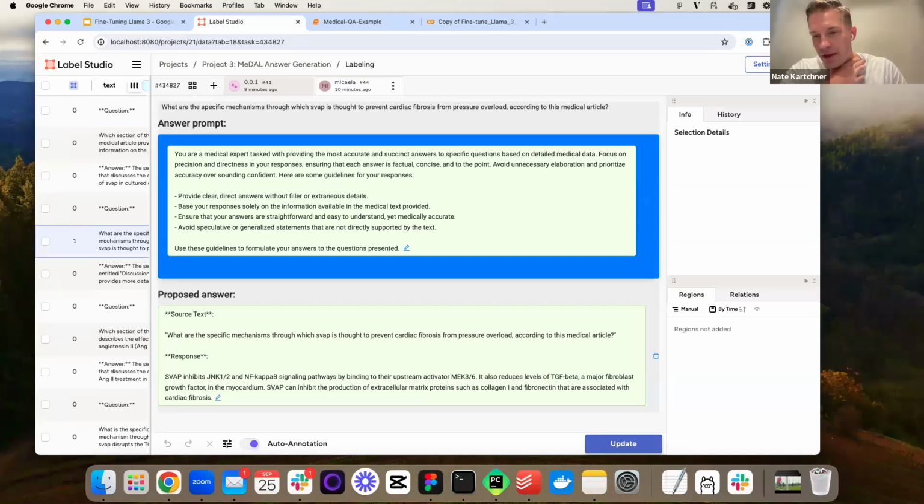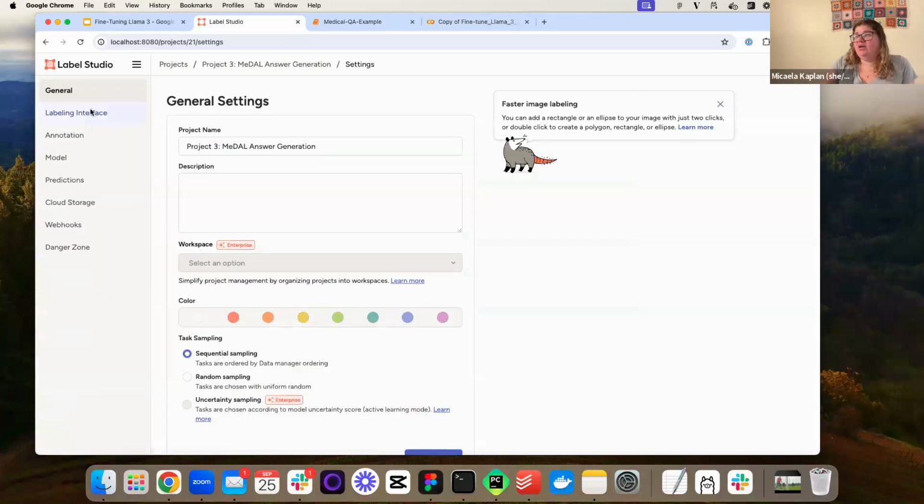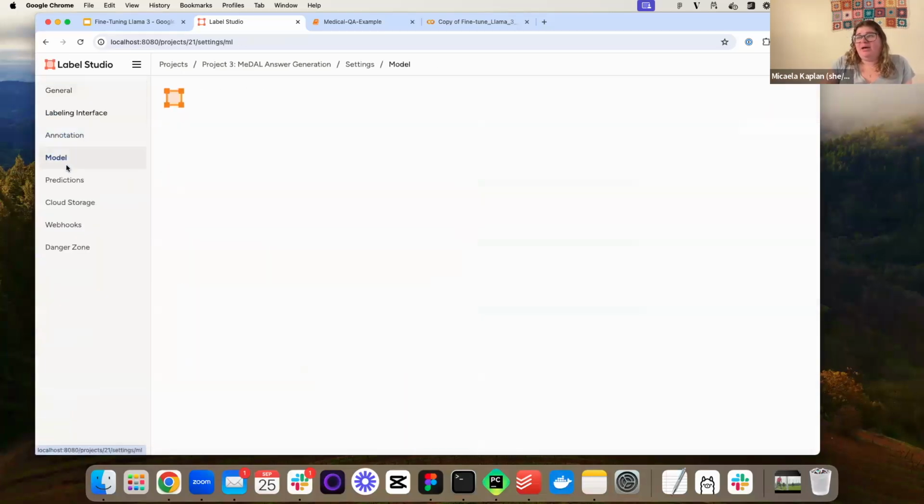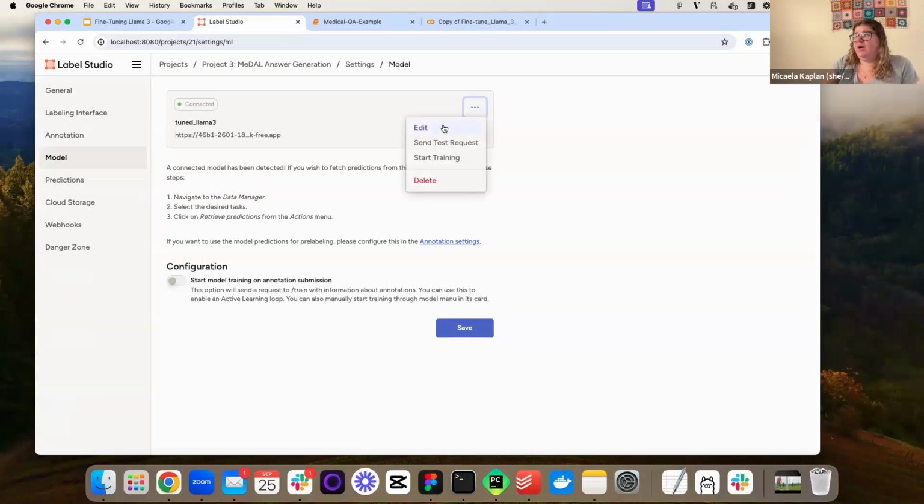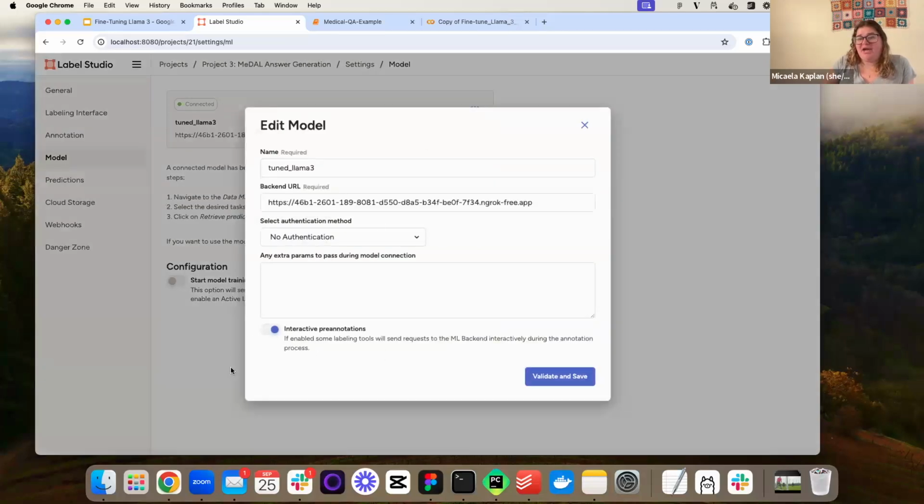Awesome. There's another question here I think is interesting, just dealing with the process of what you were going through: the difference between auto annotations and interactive. Sure, that is a great question. It's something I only learned the answer to relatively recently. Essentially, let's go back to our model settings here. I believe what you're asking about is in your model configuration, this interactive pre-annotations button that we've toggled on. Interactive pre-annotations enables us to